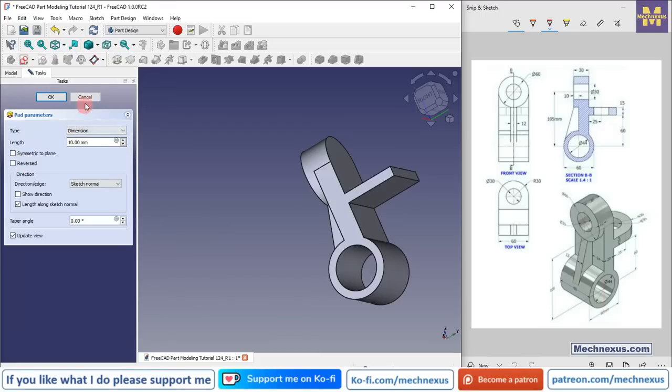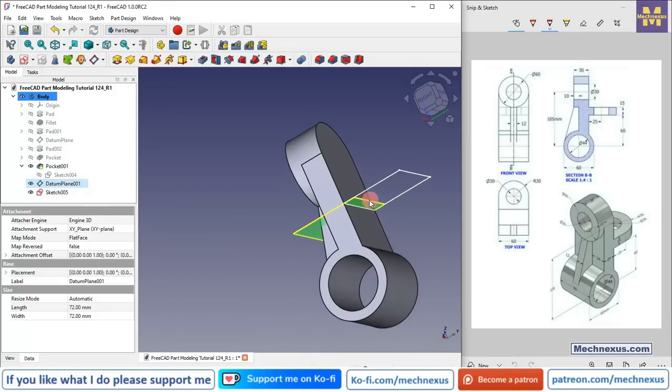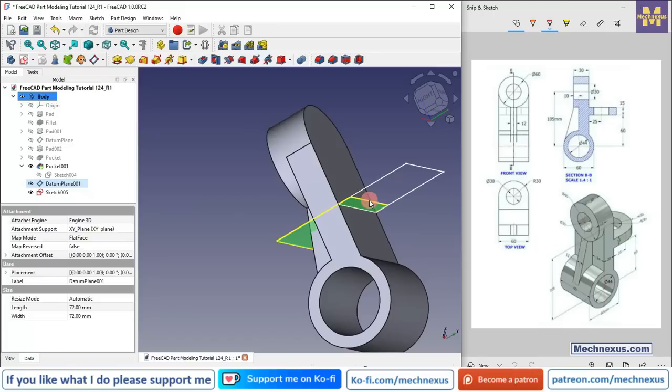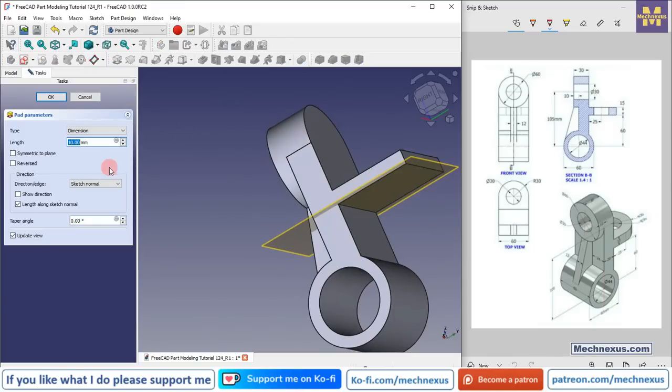So here one thing which we have to understand is that we need to turn on our datum plane and we need material on the upper side of this datum plane. So click on the pad. So here we will provide the 15 mm, click on OK,